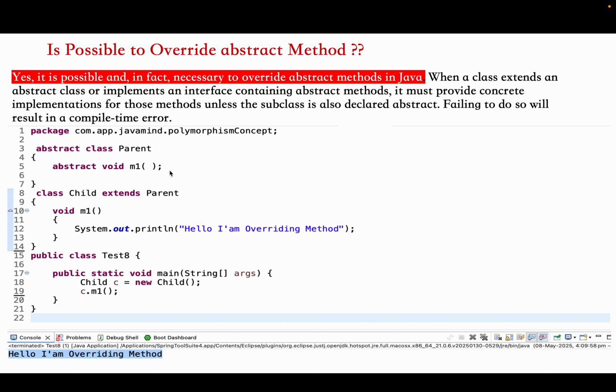So what can we call? If we don't have any implementation of the respective method, then what can we call? Not possible, right? So that's why we implement it here, overriding it in our child class. Then you can see the result: Hello, I am overriding method. That's why we can say